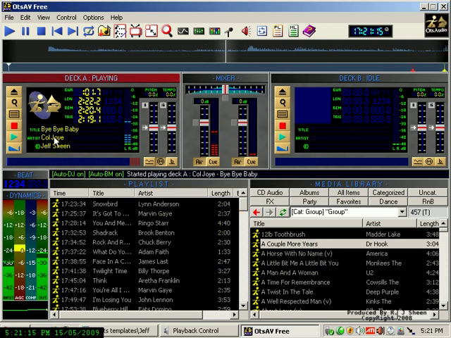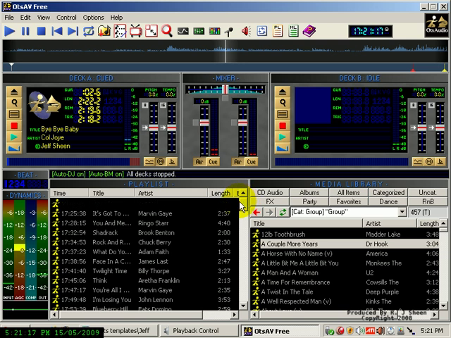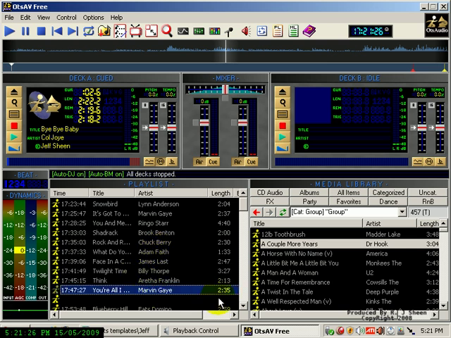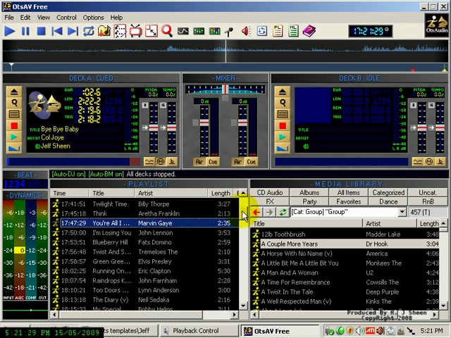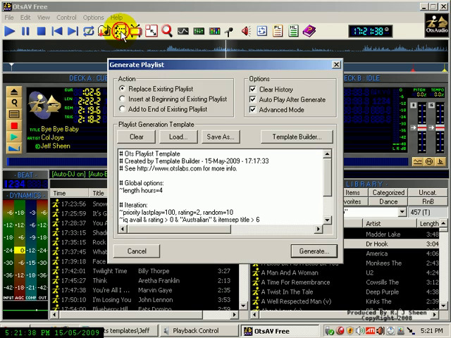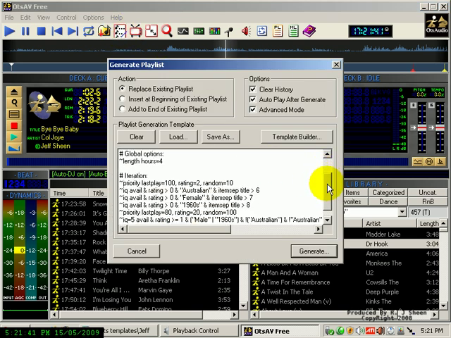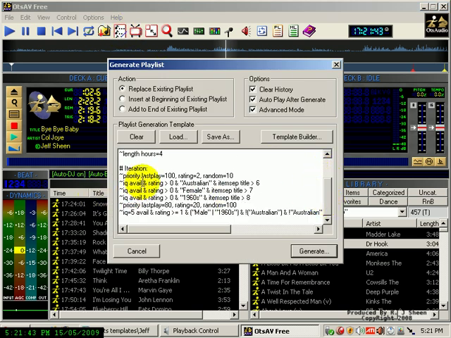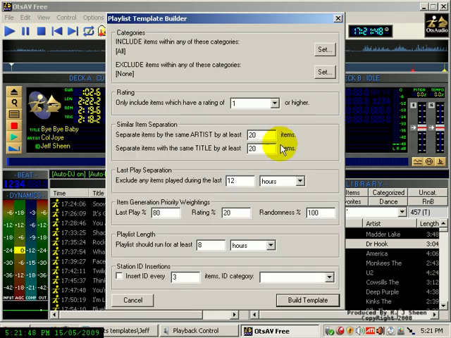We now have 1, 2, 3, 4, 5, 6 years. There's Billy Thorpe. Marvin Gaye was the 60s. 1, 2, 3, 4, 5, 6. John Farnham, Frank Sinatra was in the 60s. You can see what's done. That's just a little bit of useful information that you might find handy at some stage in being able to edit the template. But just worry about the actual template builder, which is, of course, you include whatever you want